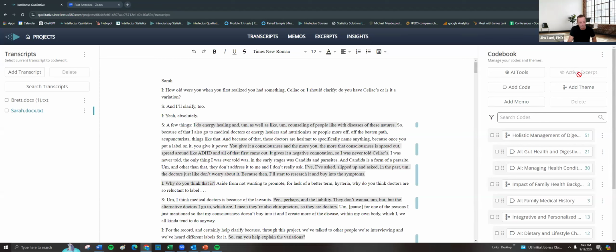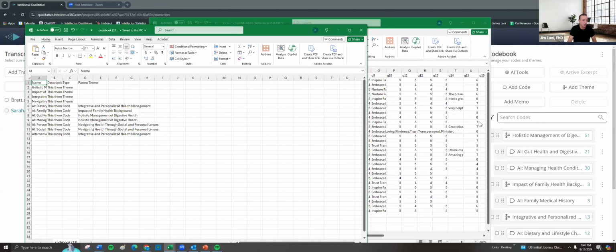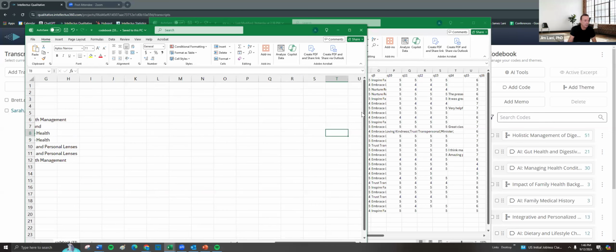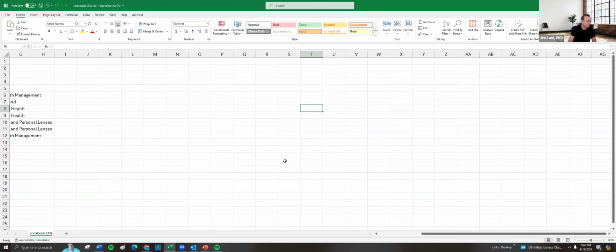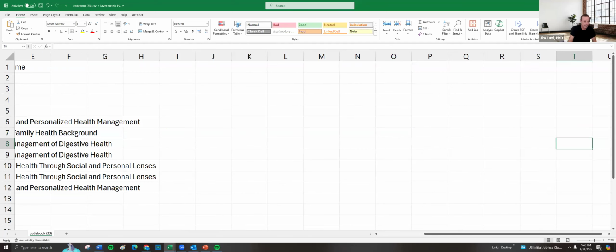So what we're doing here is, once I have this, I think is what we're talking about, you can export and import these codes and excerpts by going here and going to export. So you can export this code book or import this code book. And what does that look like? So here,